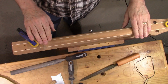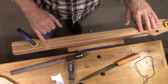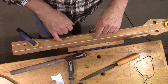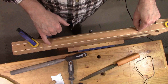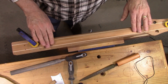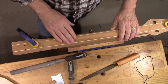Both the headstock to neck transition and the heel block to neck transition are first really roughed in with the router and spindle sander, and then I come back, as you saw, with a rasp and Japanese file and second cut file and cut them pretty close. There's still probably 1/64 of an inch of wood to take off and smooth it in a complete transition. I'll do that now, part and parcel with